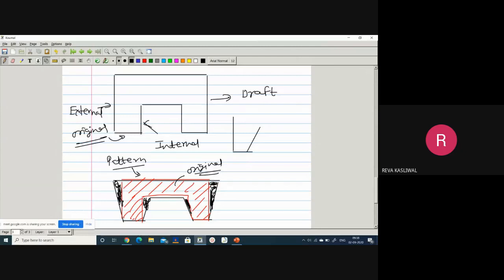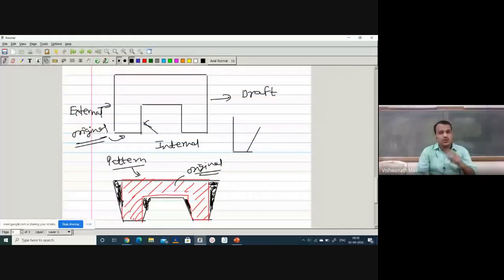Excuse me, sir. Sir, you have given the same example for the shrinkage allowance and for the draft allowance. For a particular shape, which is better, draft or shrinkage? Both we have to give. See here. First, we need to take care of the shrinkage allowance. We got the dimension here 306.2 mm by considering the shrinkage allowance. Then here we got, suppose, 102.1, and here 204.2. Such dimensions we got.